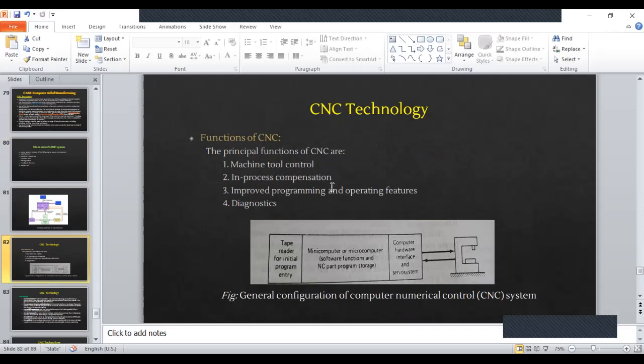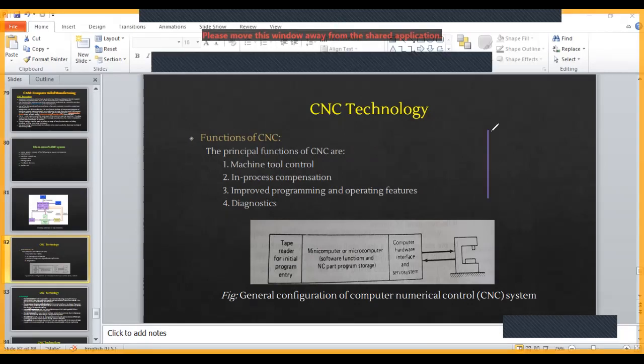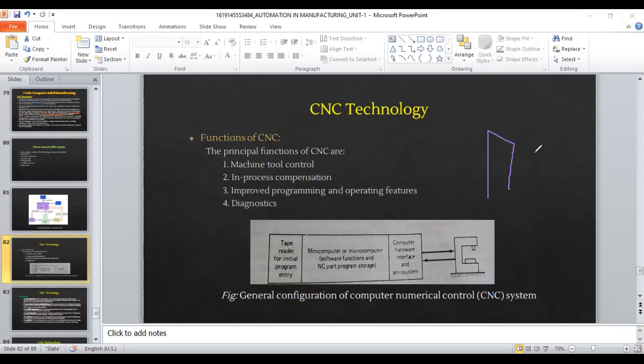If there are some errors, to be able to compensate. One example that I could give is this. Any tool, if you take a single point cutting tool, for example, when it is new, it will have a sharp edge.